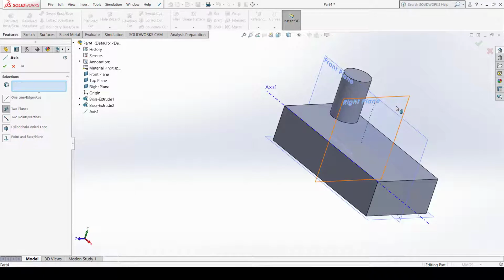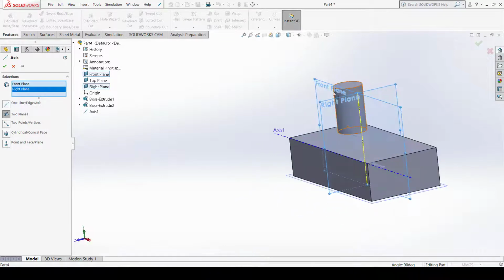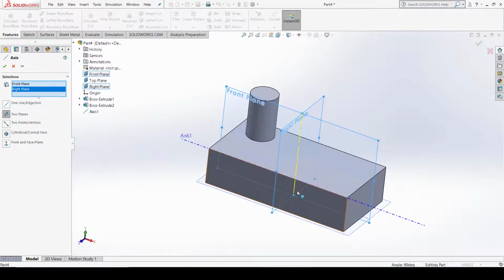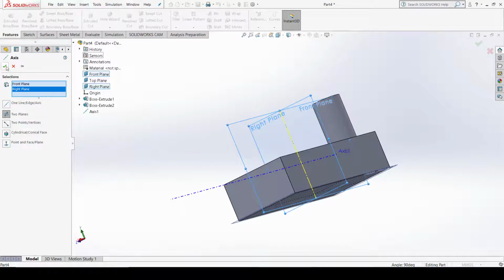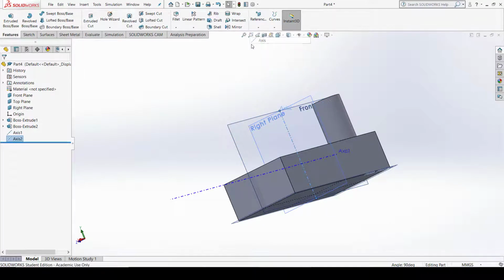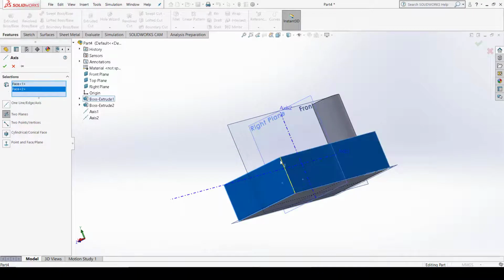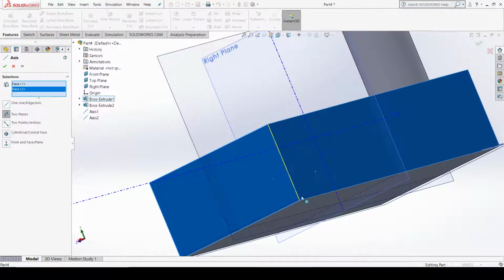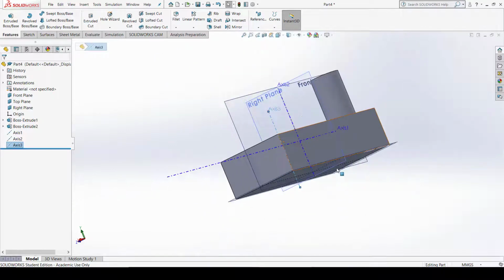You can select any of these two planes here, and axis is created between the intersection of these two planes. See, this yellow line is your axis here. So this is how you can define the axis with the help of two different planes. You can define axis with the help of two different planes like this also. Click OK first, then go to axis again. Now select the two plane option. This is the first plane, this is the second plane, and axis is created when the planes are intersecting at this edge. So this is also your axis.